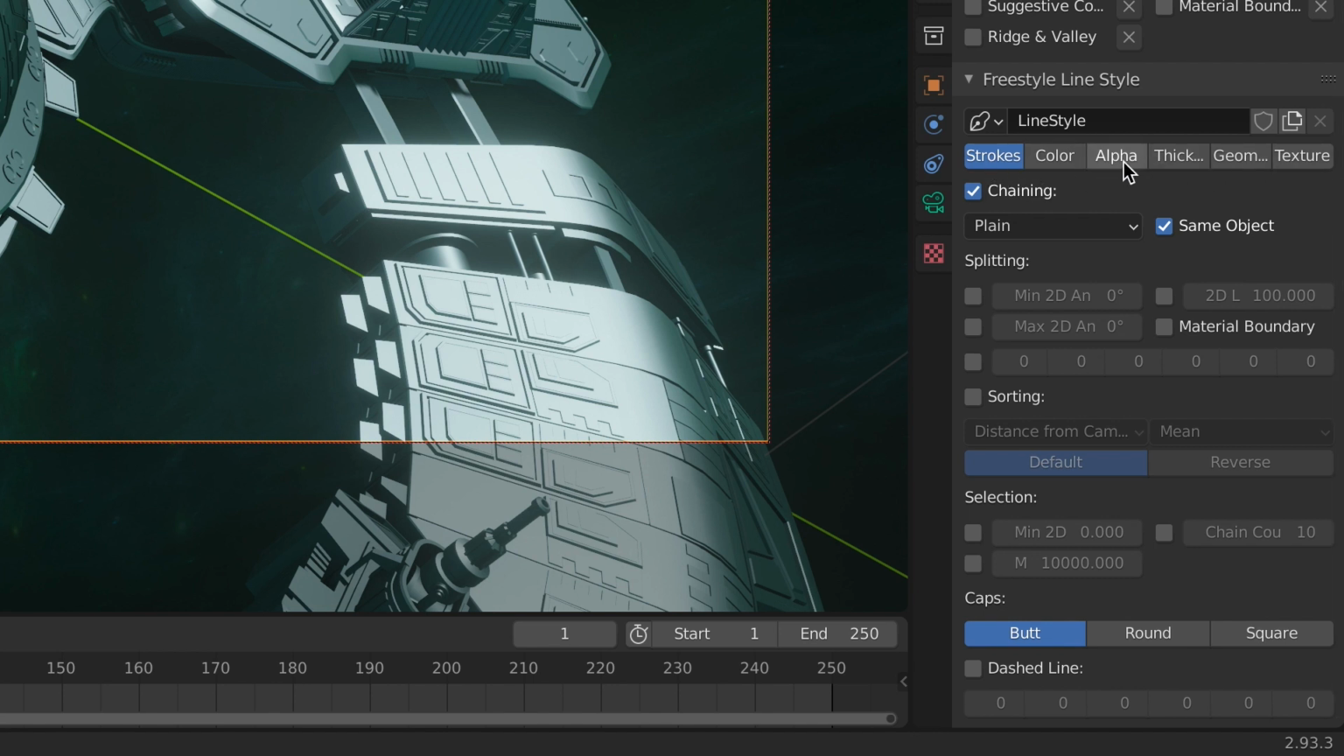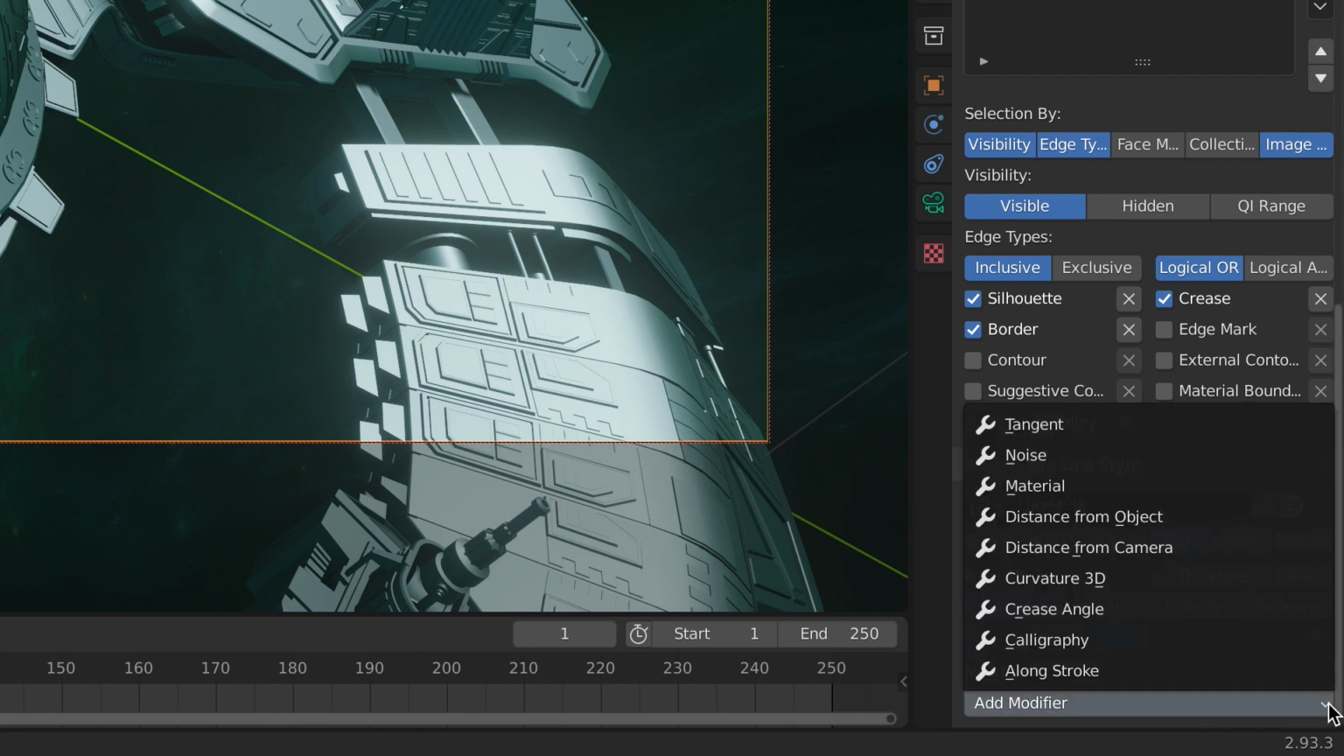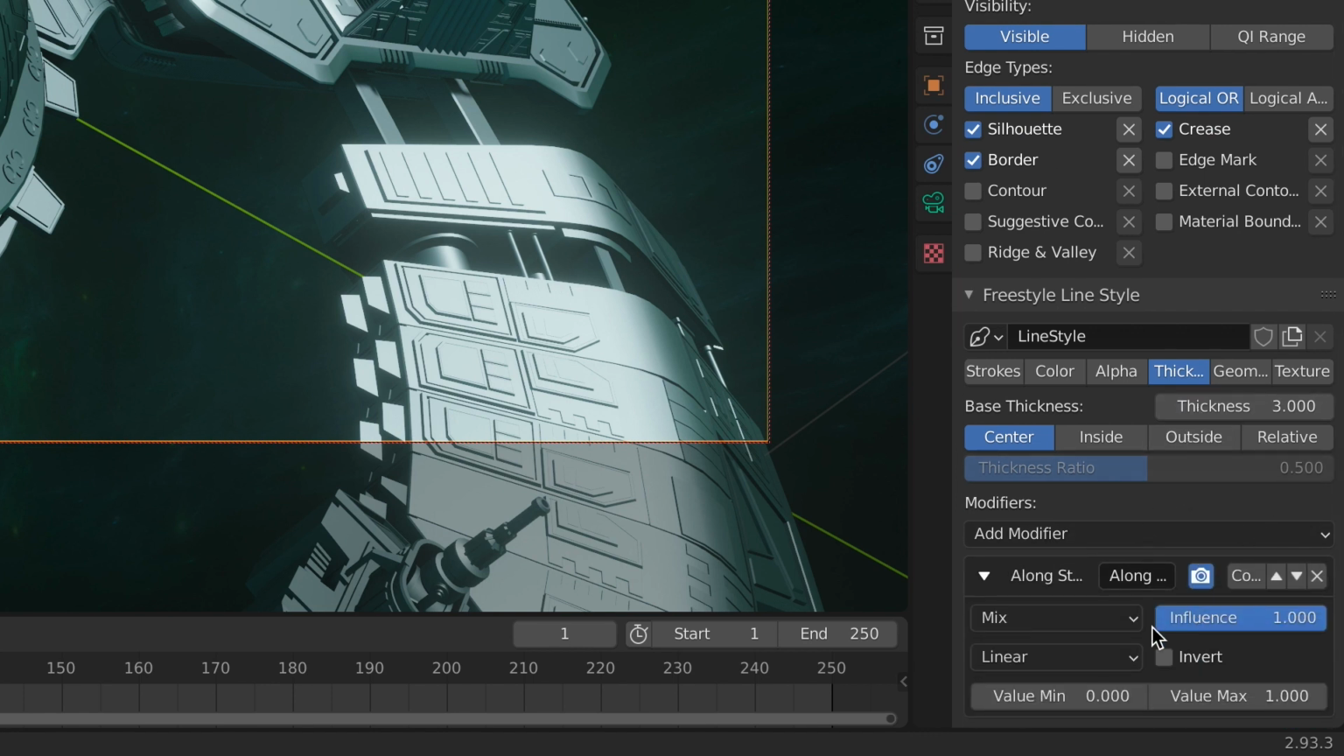You got your strokes, your color, your alpha, your thickness, and on all these things, you can change a million different things, okay? I mean, it's very, very extensive. I'll just show you a few interesting modifiers that you can play with, like for example, the thickness of your lines, right? So when you click on thickness, you see here modifiers, it changes to add modifier. And you can say, for example, one that's a long stroke, right? So you scroll down, and here, for example, you can say, instead of linear, you can say, do one with